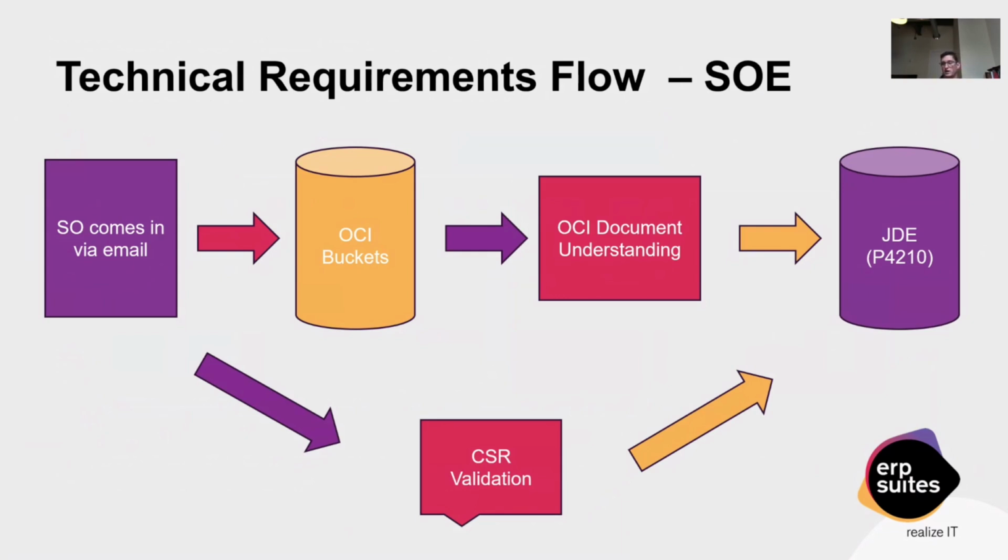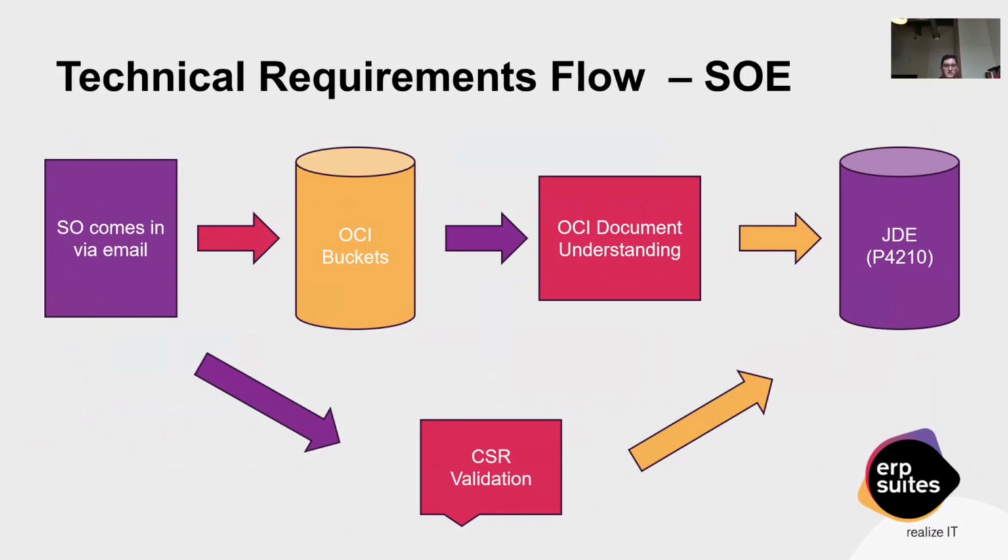And now I wanted to bring back up again the importance of change management, adoption, the human in the loop. So you have the CSR validation. As a sales order comes in, they're keeping track and are notified via email of the process, right? And even when it gets into JD Edwards, as you start to train the model, we need help from the CSRs, especially looking at this example, the historical data from this example was not up to par yet. We still need them to help validate and train the model and make sure it's getting better and better and we can make this process more automated. So human in the loop is obviously very important. It will be a part of a lot of our technical flows when they get built out in the implementation